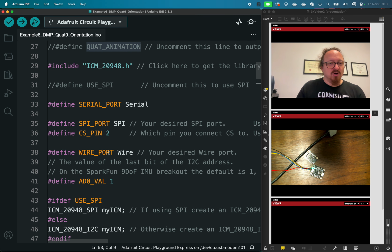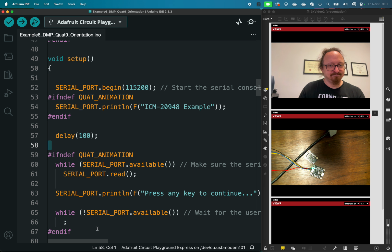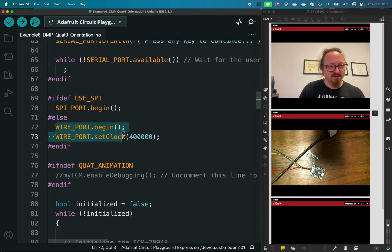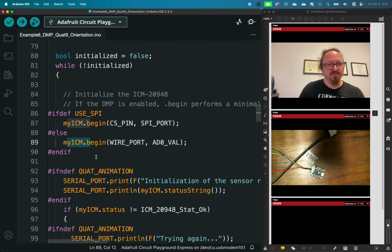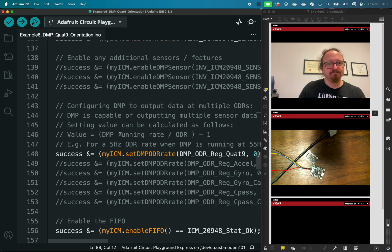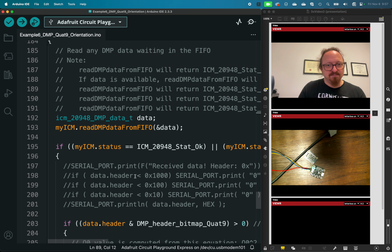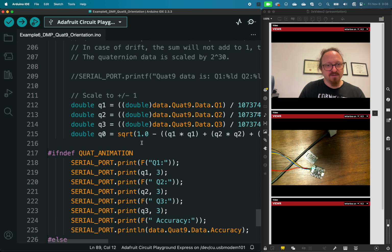When you transfer this over to your own code, what that means is that all of these statements about quant animation, you can take out. Anything referencing SPI, you can take out, but you need to leave the else conditions, right? Because we are the else state. Not using that and not using SPI is the else, so we want to keep the else. This is telling it to start the I2C. And then we're going to initialize the processing. We're going to check if we are getting the data we expect, reading it, and then